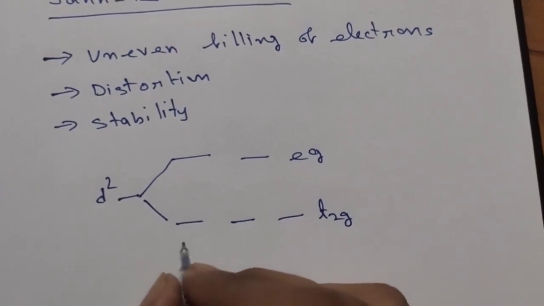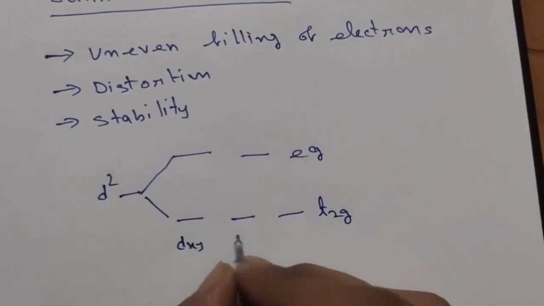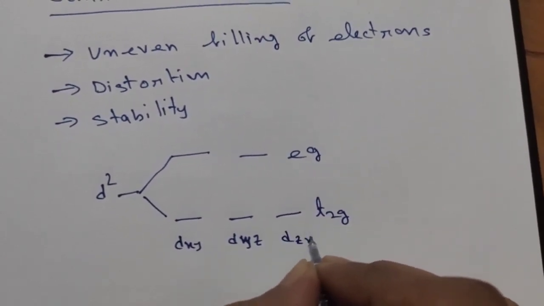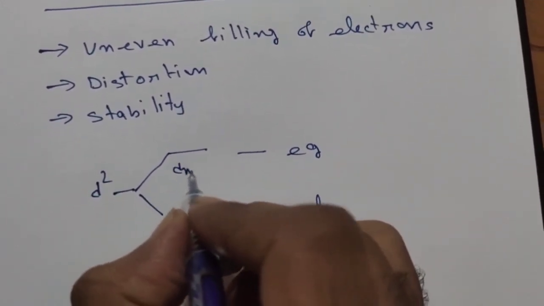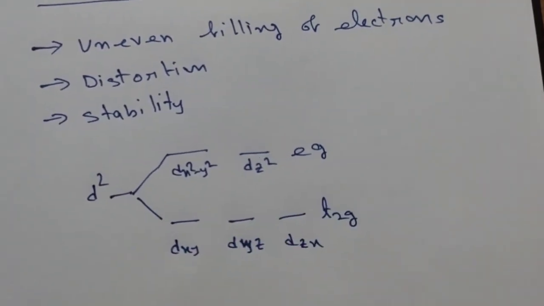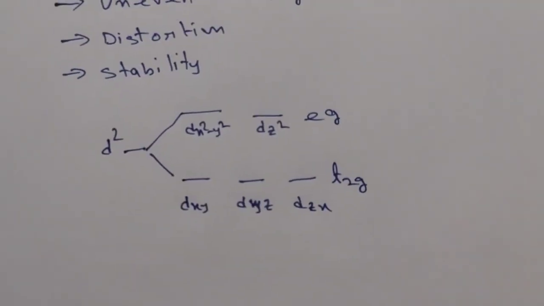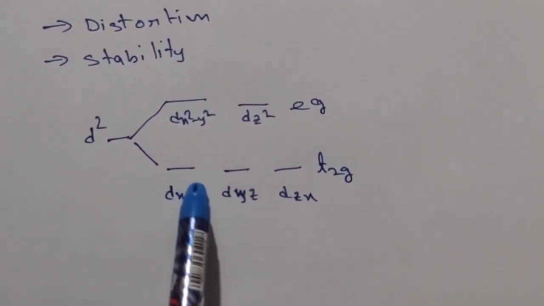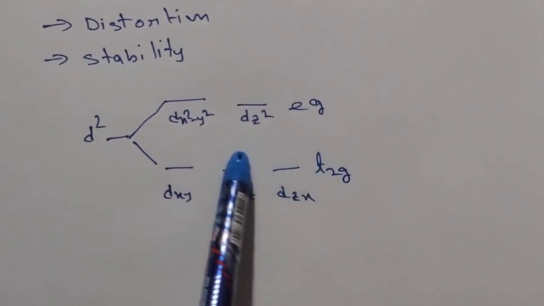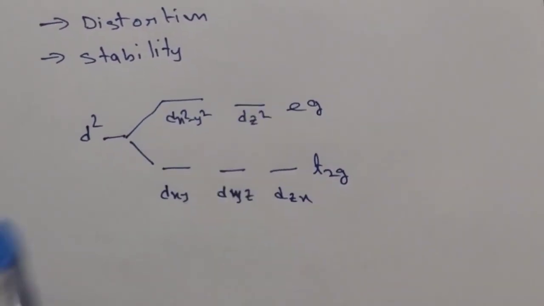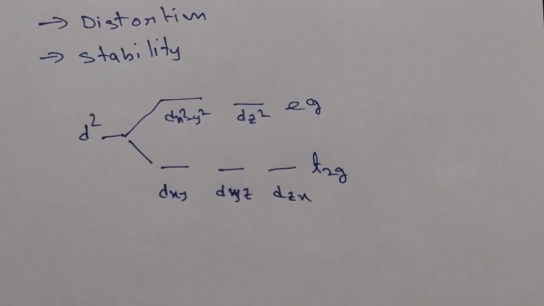Three orbitals are dxy, dyz and dzx, and the other two are dx square minus y square and dz square. Whenever there are not symmetrical electrons in these three orbitals or these two, there will be some distortion in the